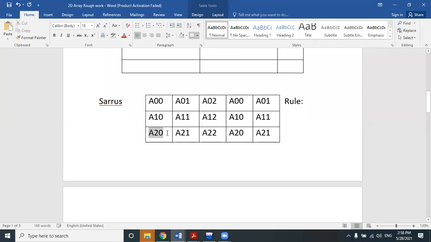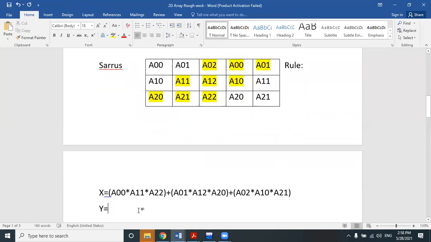So what are the diagonal elements here? These are the diagonal elements from bottom to top and left to right on the process matrix. Okay, these are the 3 diagonal elements.